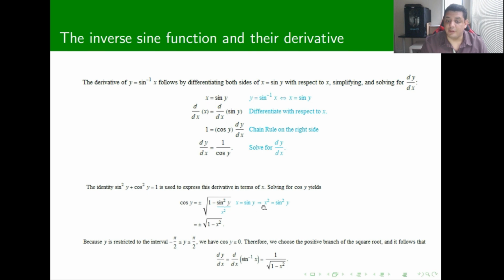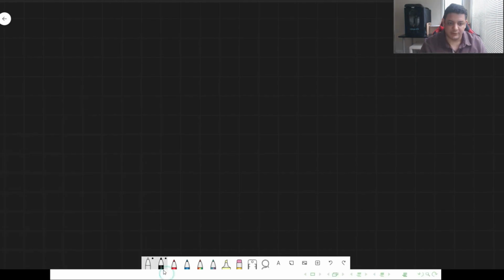And why is this good? Well, remember that sine of y is x. So sine squared of y is going to be x squared. Therefore, I can write cosine of y as plus or minus the square root of 1 minus x squared. Because y is restricted to the interval minus pi half to pi half, so this means, in terms of the plane,